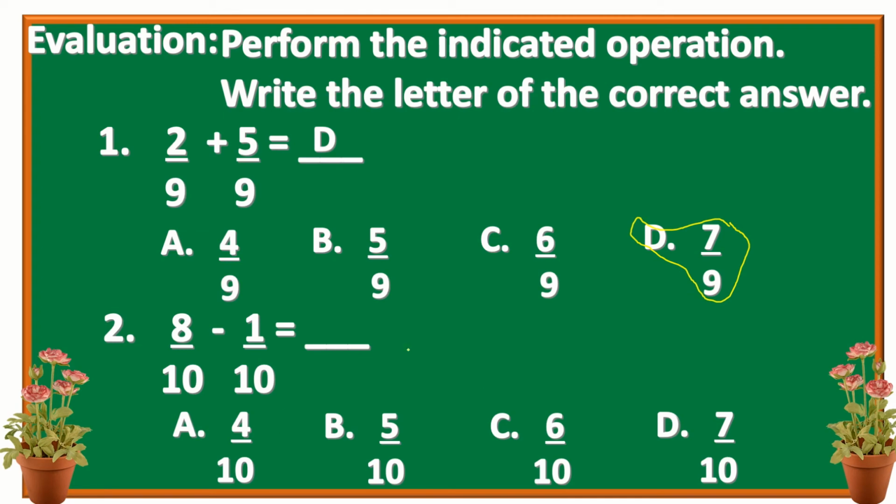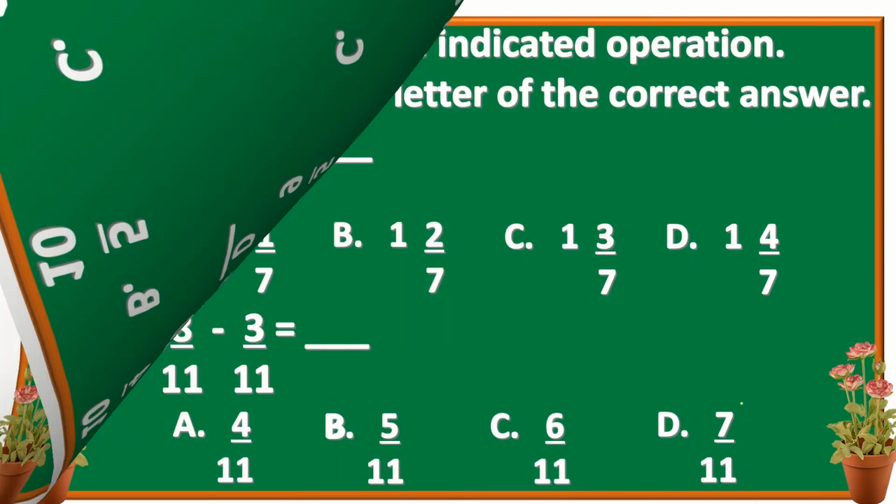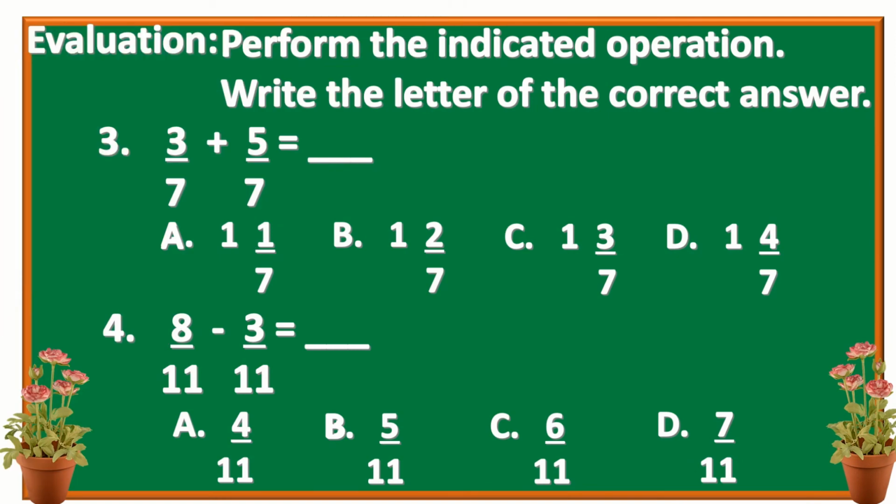Correct. Number 2, 8 minus 1 over 10. That would be 7 over 10. That would be letter D. The answer is letter D. Correct. Okay. For number 3,